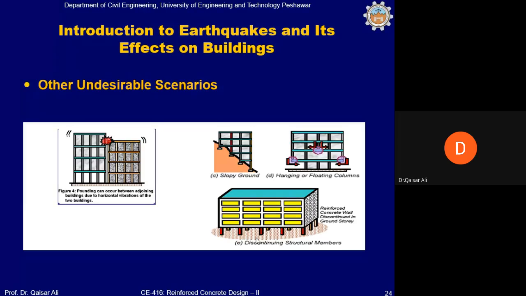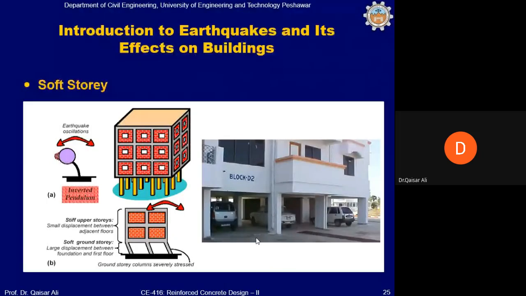So there will be a drastic difference from one floor to another in the stiffness of the structure, which may create a soft story, and that is not a desirable situation. This is shown in this figure. The top stories are very rigid, but the bottom story, because of the basement, has no walls. It becomes flexible, so this can cause this kind of motion,